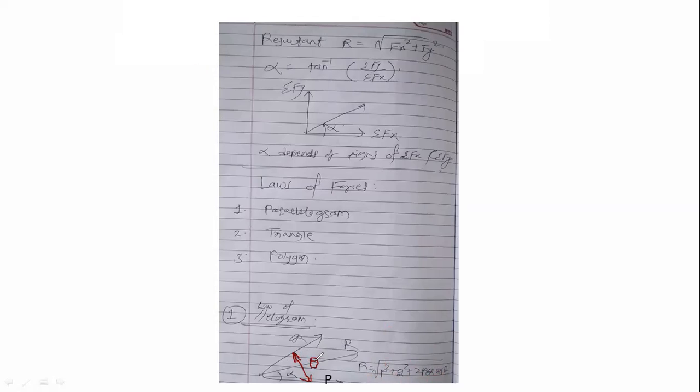This angle will be your theta. Okay, so you got it. Horizontal force is force P, inclined force is force Q, which are the two sides of the parallelogram. The other two sides have not been drawn here yet, but you can assume them. This is one side you can assume, and this is another side of the parallelogram. Now here your parallelogram gets completed.